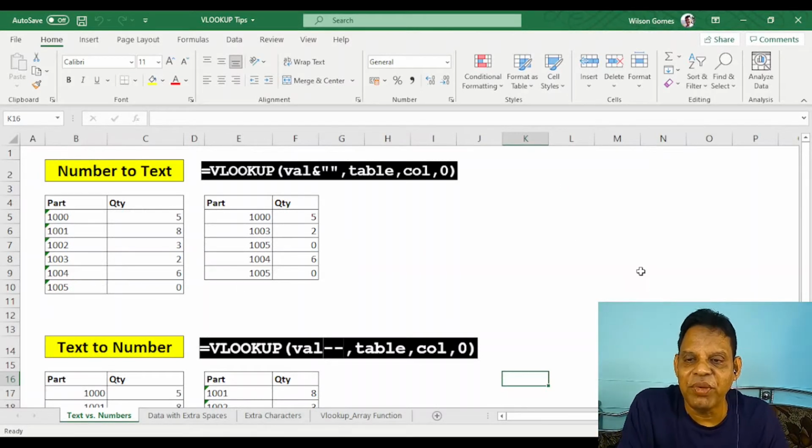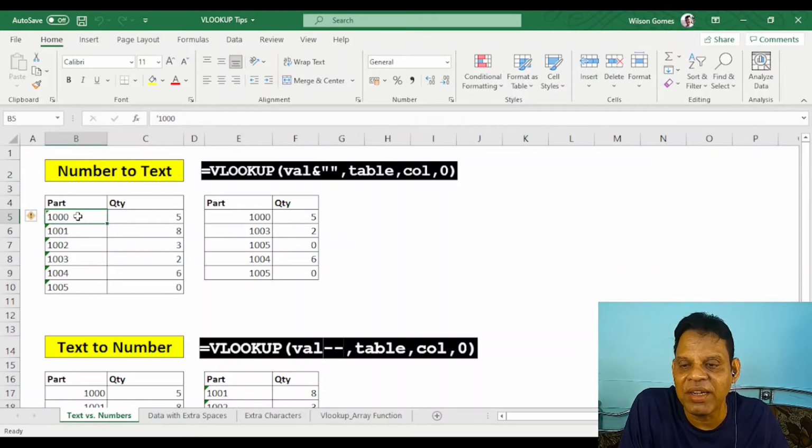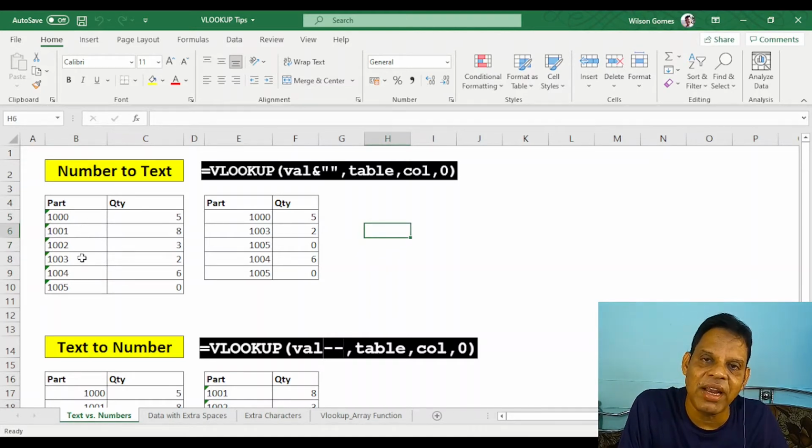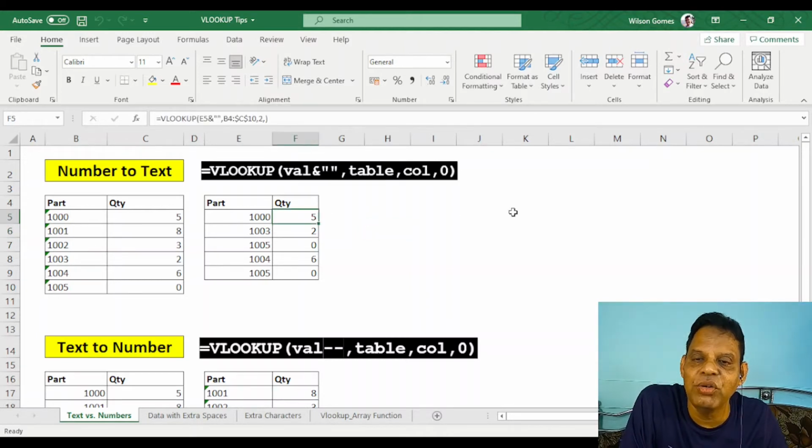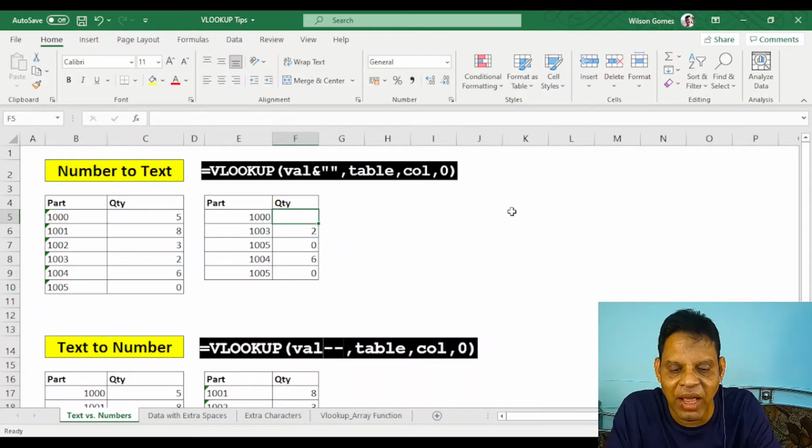As I told you, the first topic is how to manage text and numbers. Here there are two tables on top, wherein in the base data, instead of numbers there is text. These are in text format, indicated by this green mark. This can be solved by using a convert-to-number function. Alternatively, sometimes there are certain numbers with some character text line by line, and it varies. In that case, if I do a normal VLOOKUP function, I'll show you what will happen.